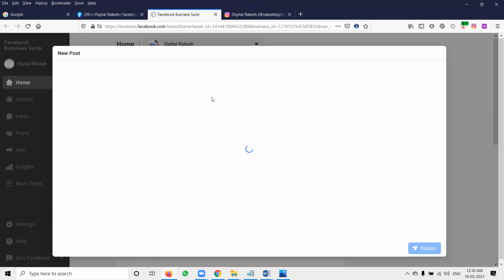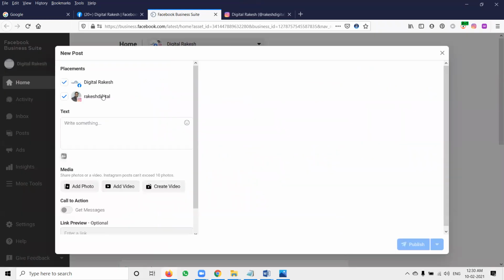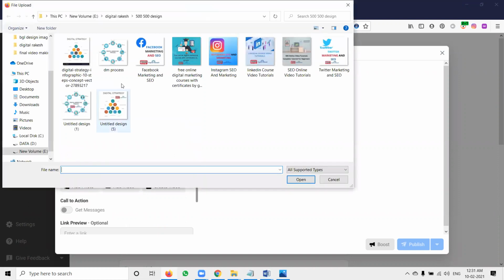First, you can select two options, Facebook and Instagram. Facebook must be connected, and Instagram is mandatory. If you have multiple Facebook pages, one Instagram account can connect to only one Facebook page. Pick up the keyword, add your photos. Here you can select the photos you want to add.